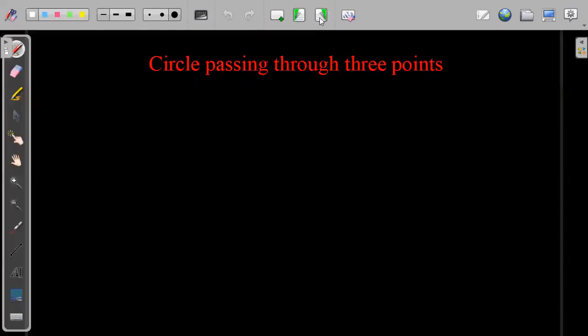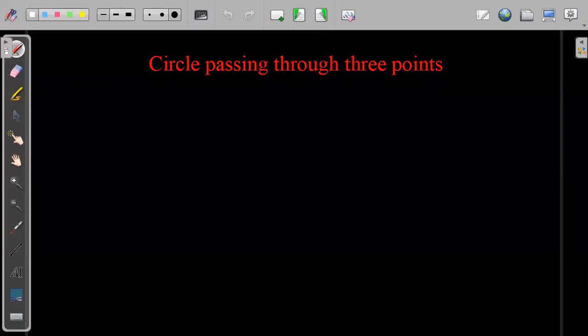Okay, so fine. We have done all the special forms, and in the morning we also did the general form of the circle, right? So both of the forms of the circle we have done, right?